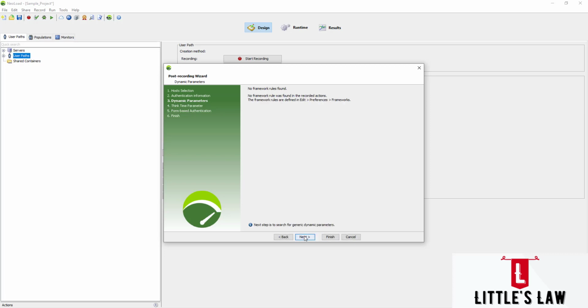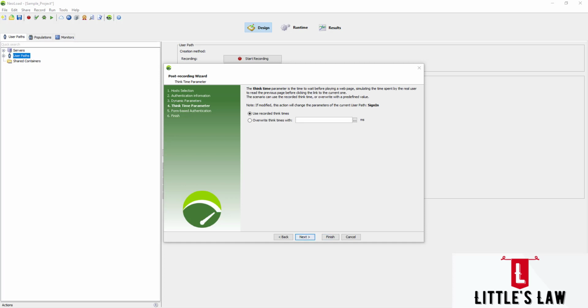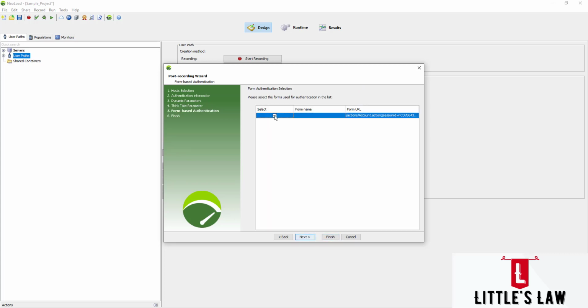Let me click on next and let's wait for a few more seconds to see, and I'm clicking on next again. And in the next step we have two options. One is using the recorded think times, and the next option is override think time with, I'm giving for now 0 milliseconds. And let's go to next, and here I'm choosing this option since it has the JSession ID